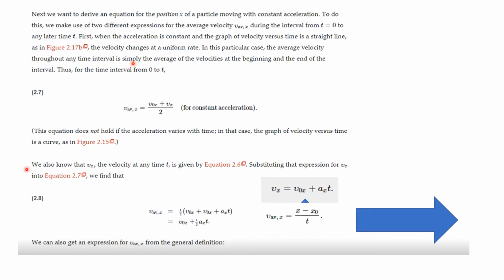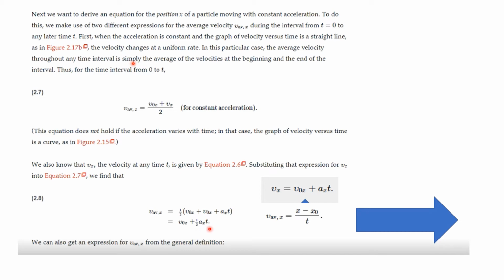We also know that vx, the velocity at any time t, is given by the equation we just derived, which is this one. Vx is equal to v0x plus ax t. So we're going to take this equation, and for this vx here, we're going to substitute this. So there is the 2 for the 1/2. There is the v0x, and we're going to substitute this for vx, getting this. So now we have that the average velocity in the x direction is v0x plus 1/2